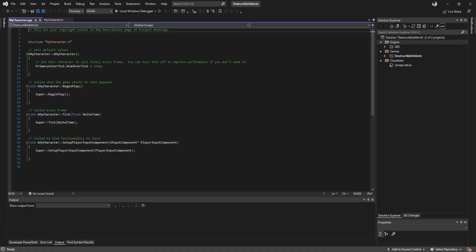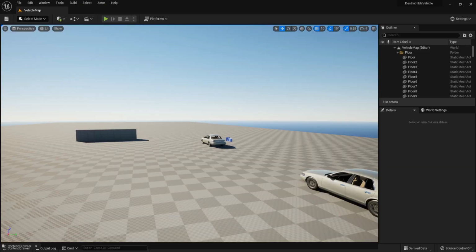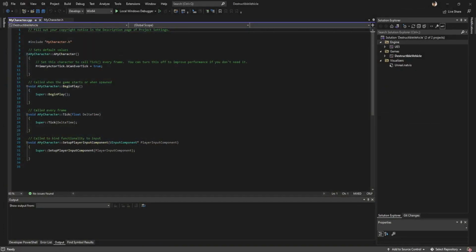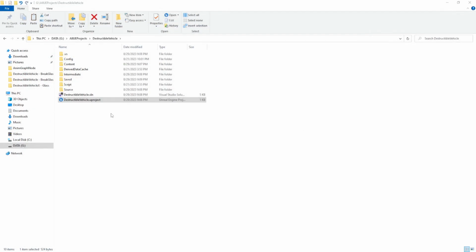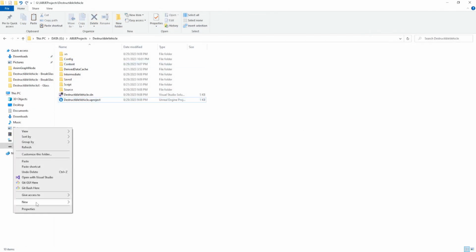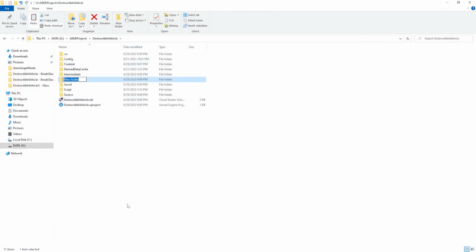I use Visual Studio 2022. Now we can close this project and close this. Create a new folder, name it Plugins.